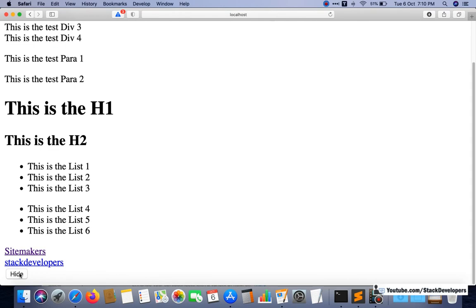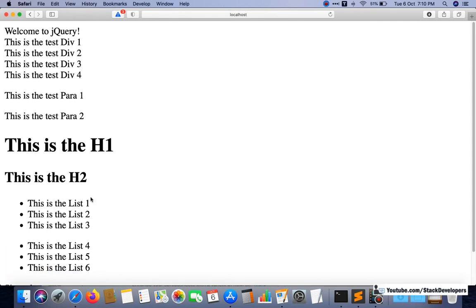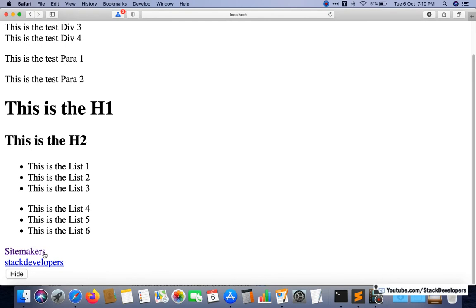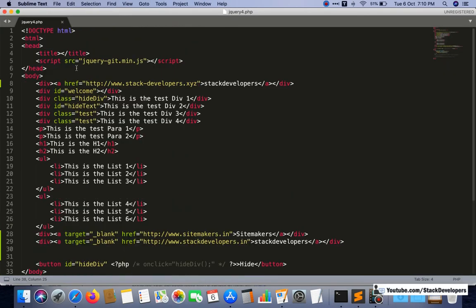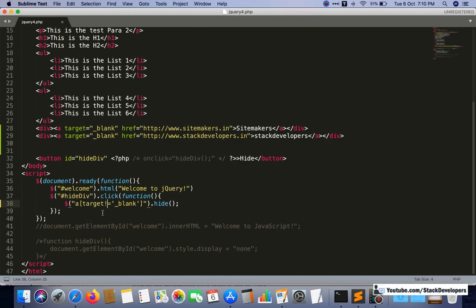If I click on hide, see, these are still there, but the top one is gone because it does not have the target blank. We added the not equal to, so it means those that do not have the target blank. I think this is very clear to you.